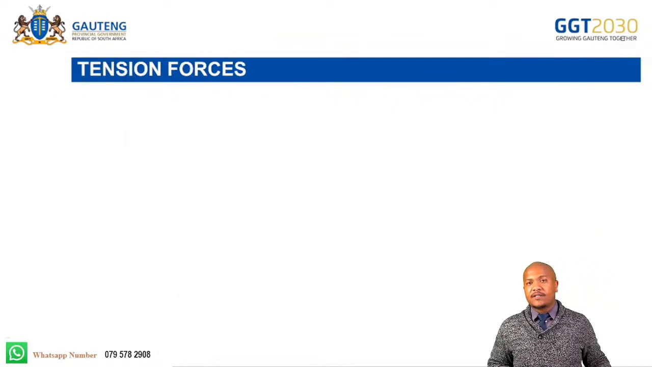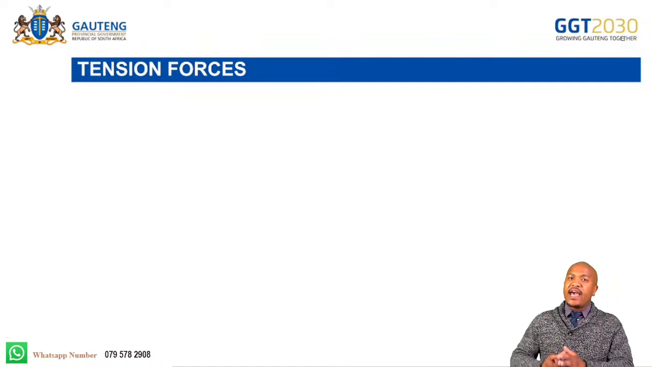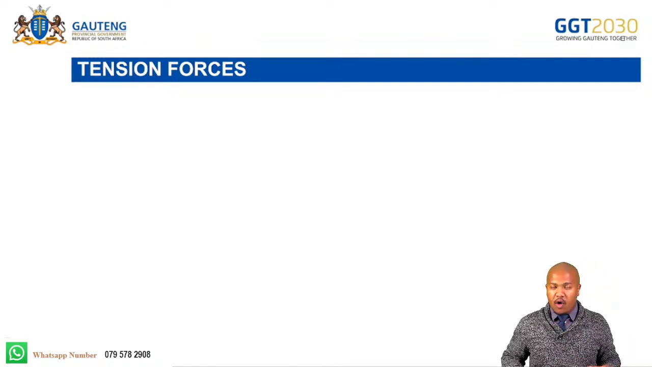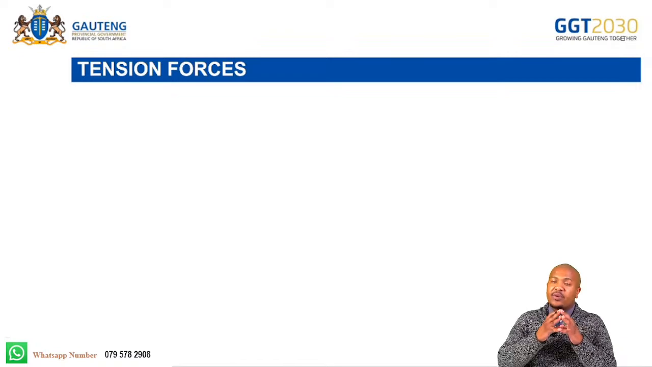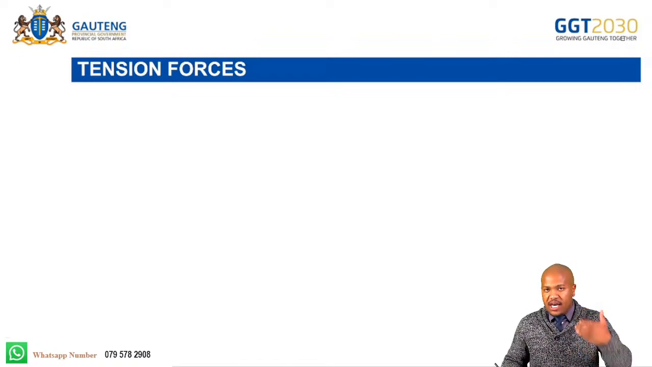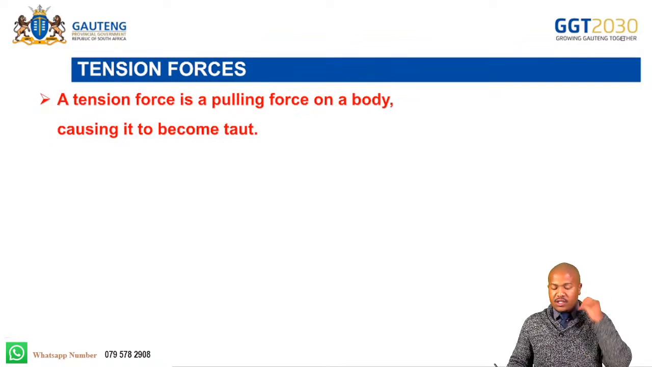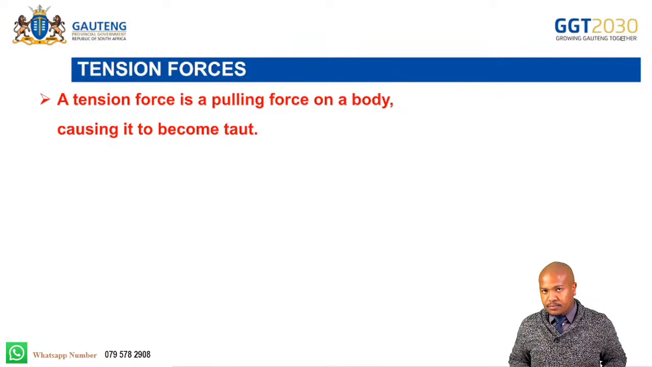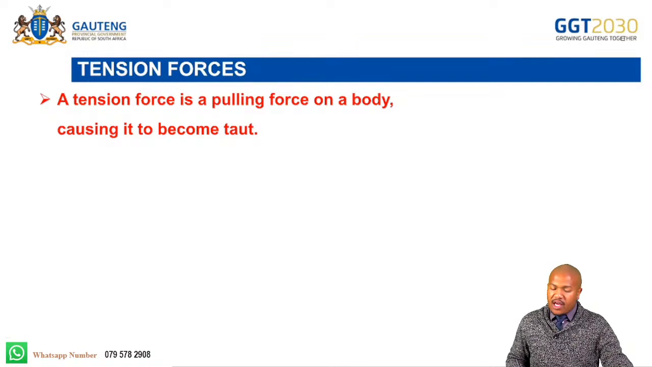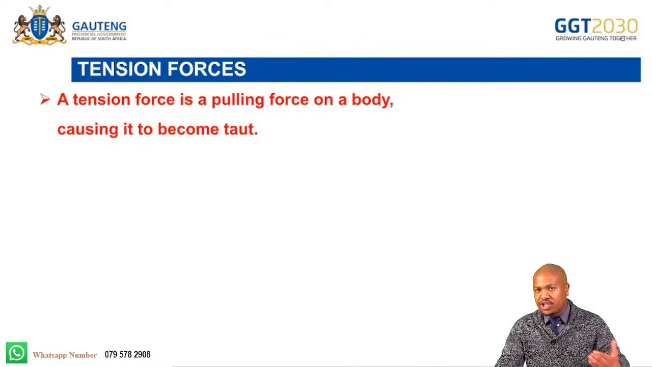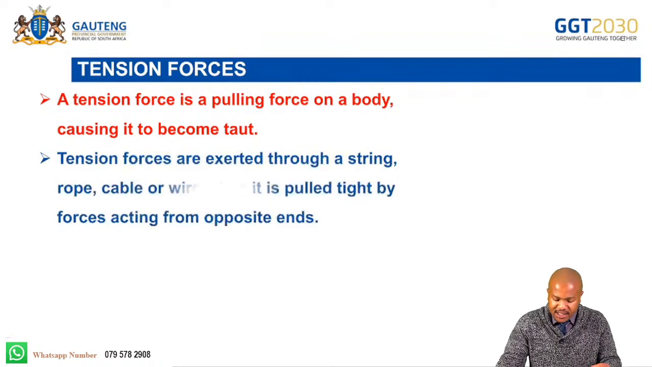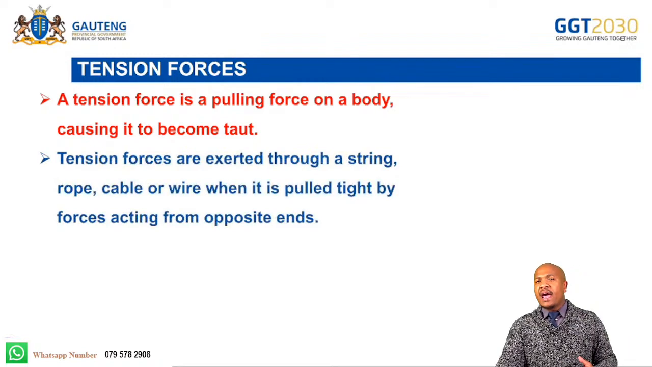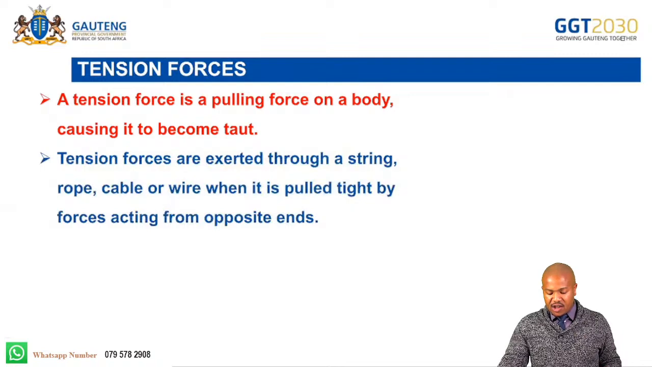Tension force is a type of contact force. Contact needs to be there in order for tension force to take place. But what is this tension force? Tension force is a pulling force on a body, causing it to become taut, or tightly pulled. It is usually facilitated by what? A rope, a cable, or wire, when it is pulled tight by forces acting from